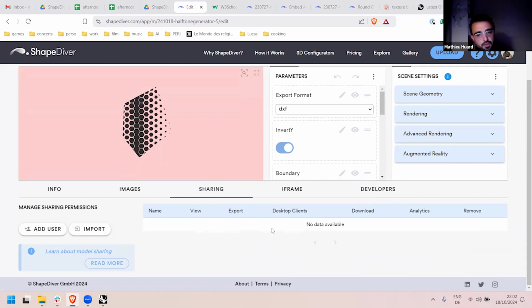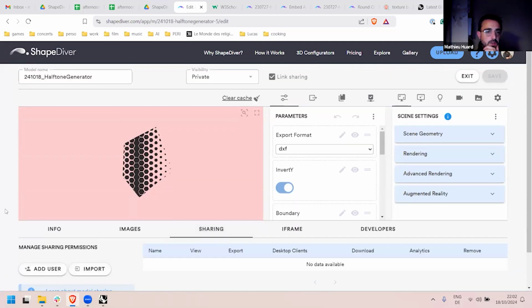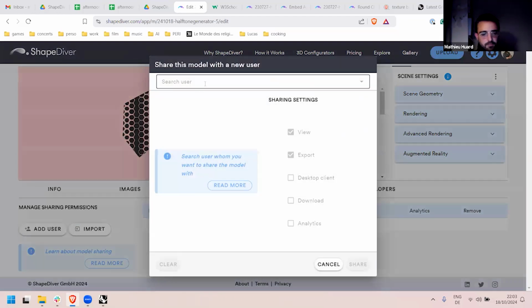I'm going to show it now. The idea is to extend this level of control over the apps to the other ways of sharing, but right now it's only available in this way. So here, if I go in the sharing tab of my model,